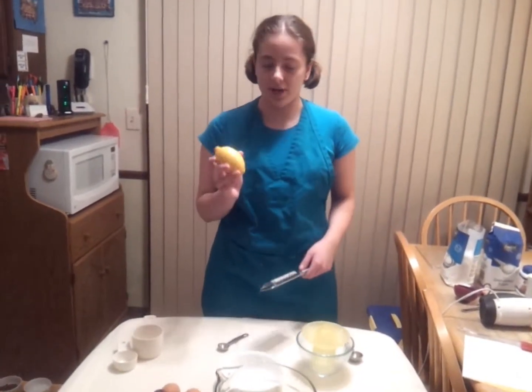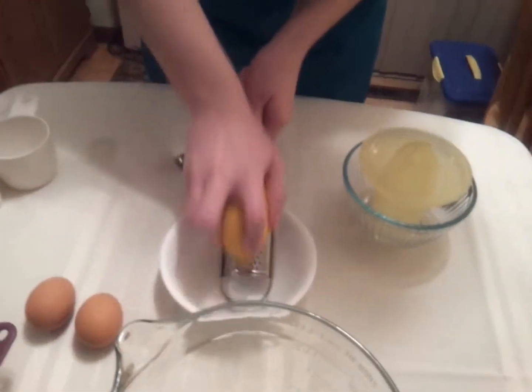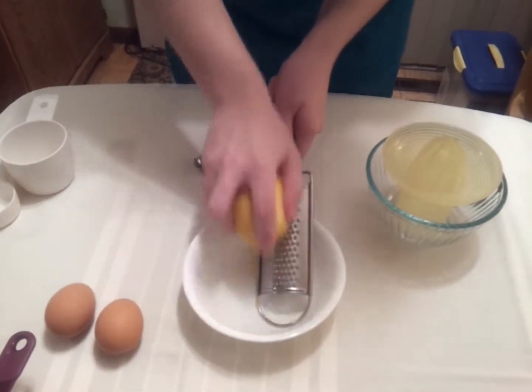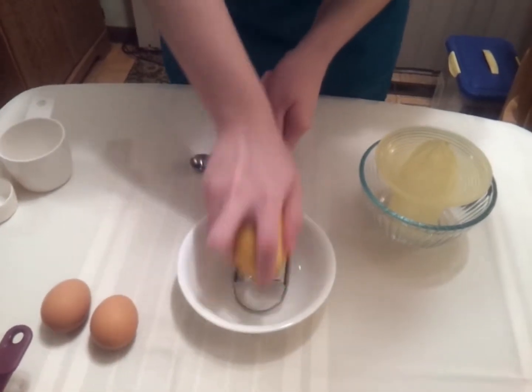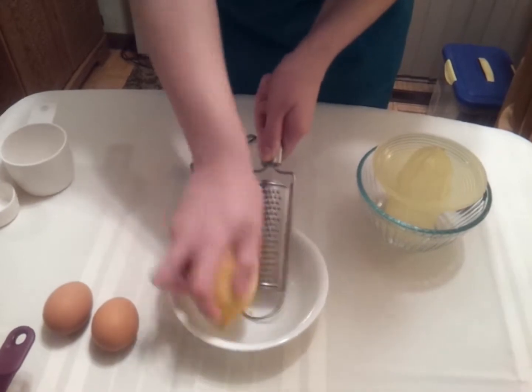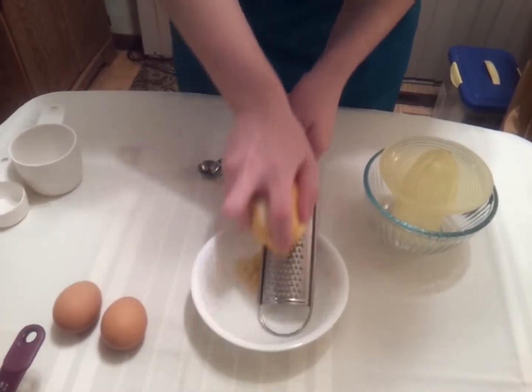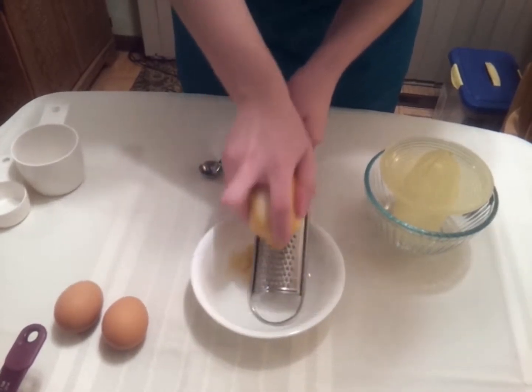We'll first start with our lemon, and we will grate it. There are 3 main types of lemons. There is the Meyer, which has a smooth skin and has a pale orange coloring. There is the Lisbon, which is the most common, with a smooth skin and a bright yellow coloring. And then there is the one that I'm using, the Eureka, which has a rough skin and a pale green